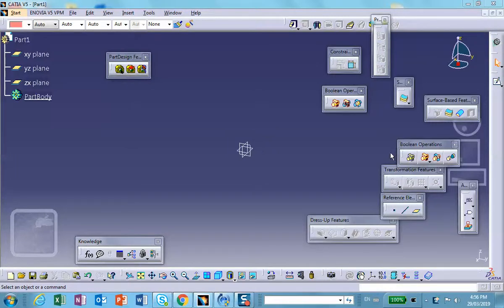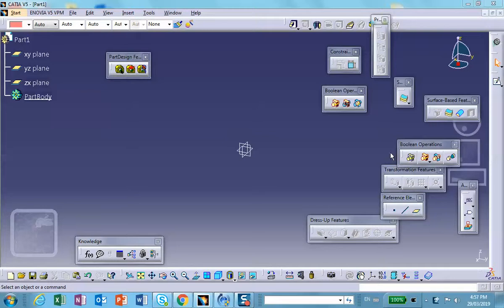Okay, this is a short video for discussing some miscellaneous subjects or topics that may be obvious to some people, but I think it's worth saying it again. First of all, when you start a part file, you see three planes here, XY, XZ, YZ. These three planes are the global planes. In other words, the location, which is the intersection of these three planes, is the part origin 0,